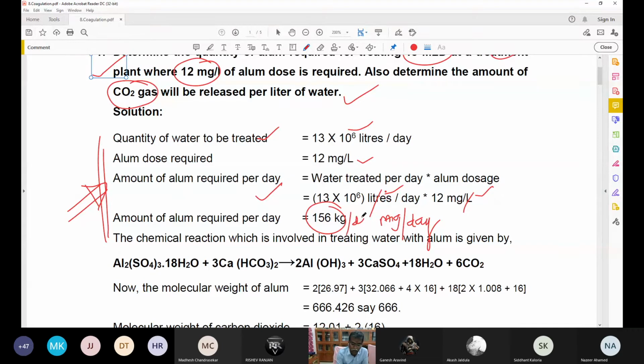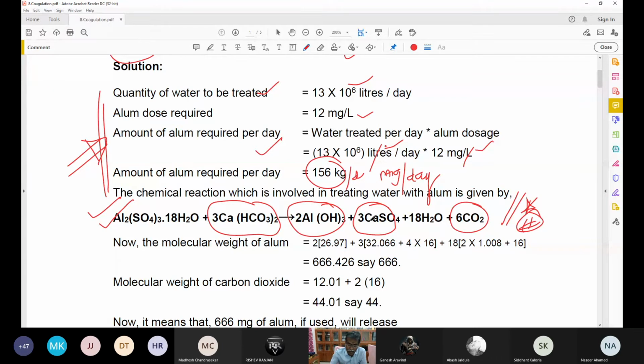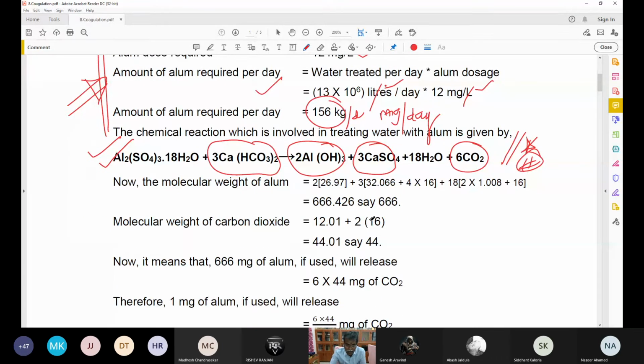Yes, sir. Okay. The second step is you should be familiar with chemical reactions. That's what I told you while discussing the chemical reactions. If I add alum into the water, it may react with the sufficient alkalinity. It will form aluminum hydroxide, impart permanent hardness, and will also produce a considerable amount of carbon dioxide. This equation you should be familiar with. Then only you can solve any combination of problems. Is it fine? Yes, sir.